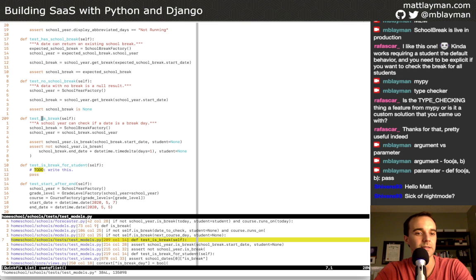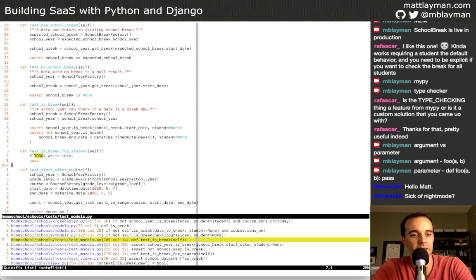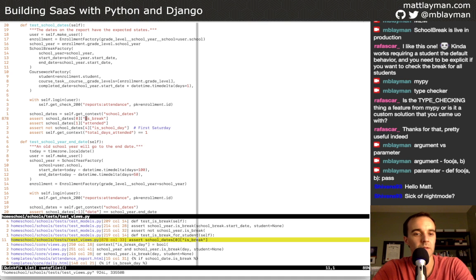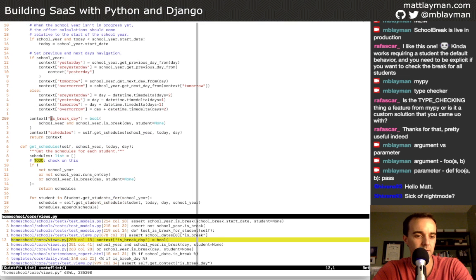I know that it's not needed for these basic tests because this test is deliberately checking the case where it's just checking is break. And then we're going to have a test that does the proper filtering later. So those are okay. This test should be okay.